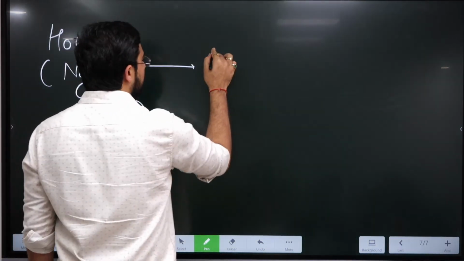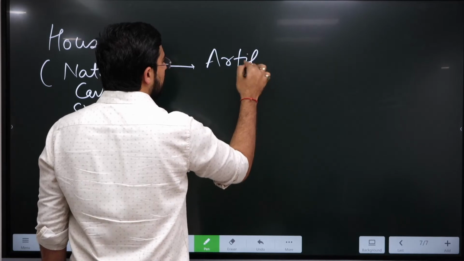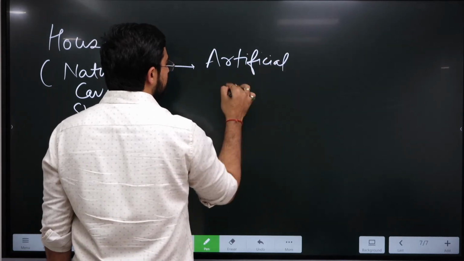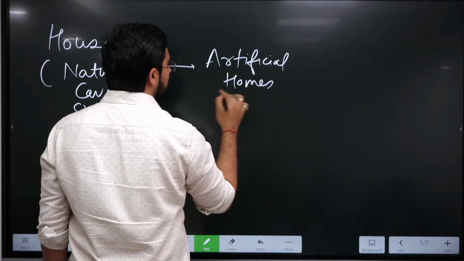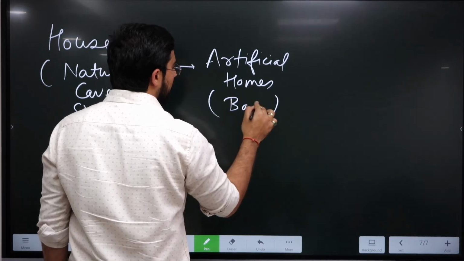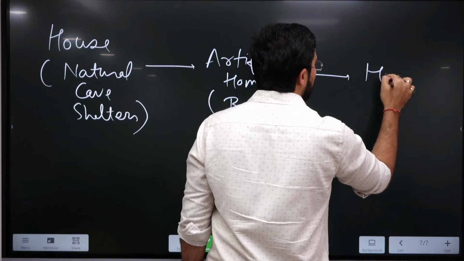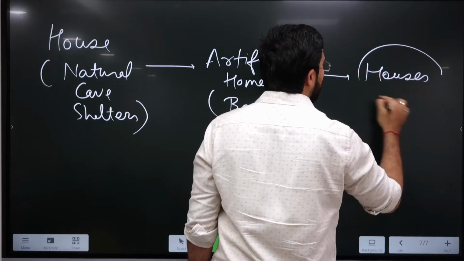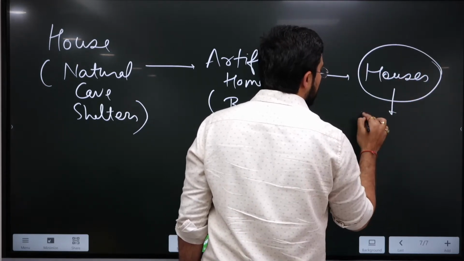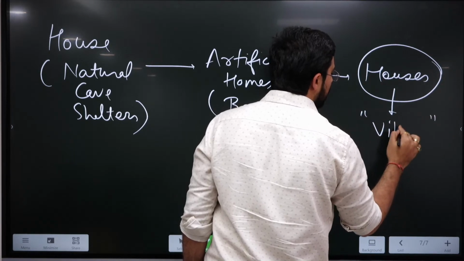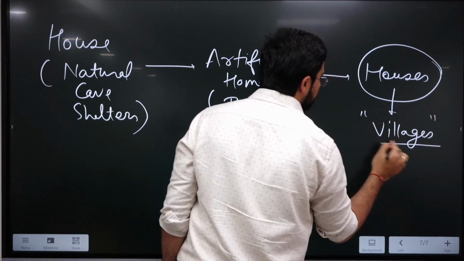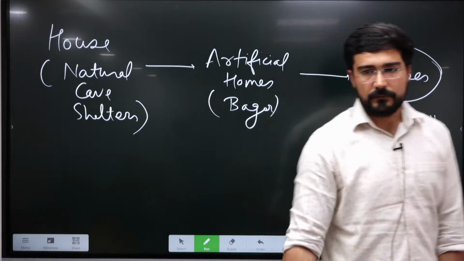Here we see certain artificial homes which have been created. Examples can be found from Bagor, and then we shifted towards houses made of wattle or mud houses, and that too within the villages. Okay,